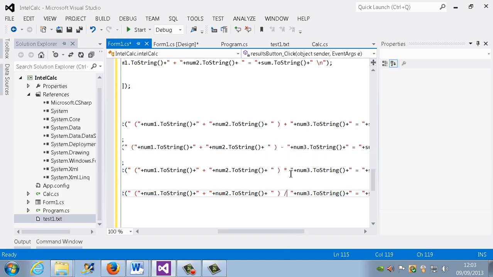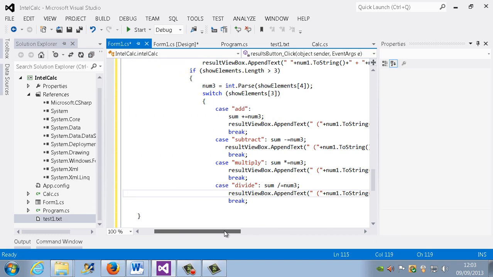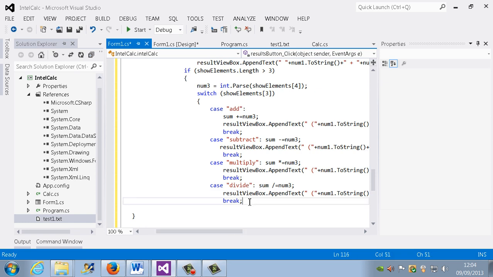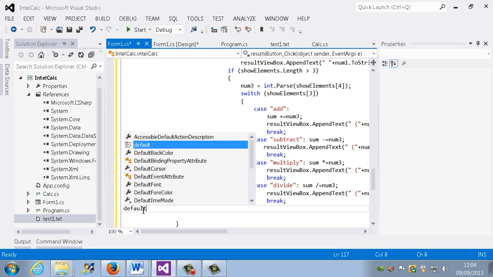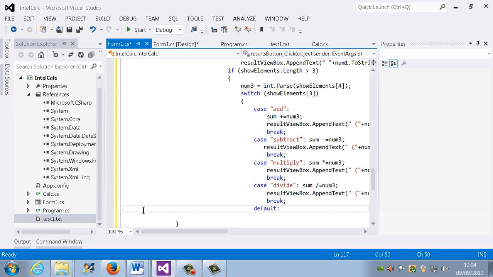So we've covered the plus, minus, multiply and divide. And finally, what we need to do is a case default. So in case it is something else other than these four different operators, we need to do a default and say maybe an error message. Give an error message saying, look, you've made a mistake somewhere, could you correct it in some way. So we'll do a default, and all that default's going to do is say result view box append,